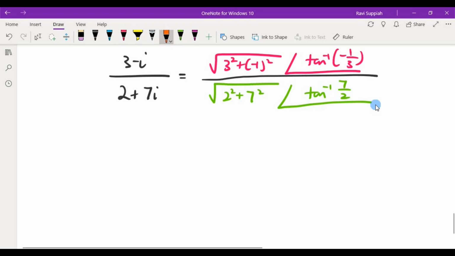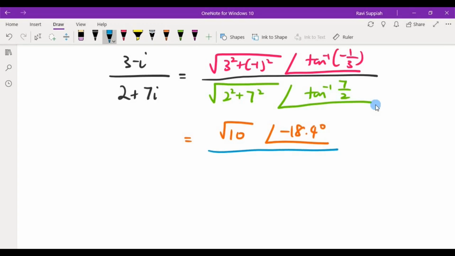Now what you have in the numerator is square root 10 angle of negative 18.4 degrees divided by square root 53 angle of